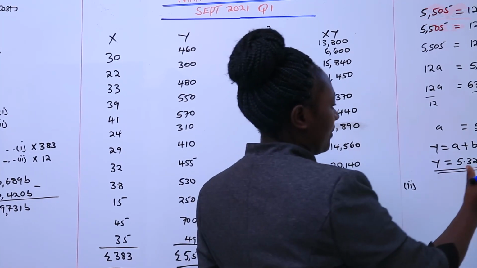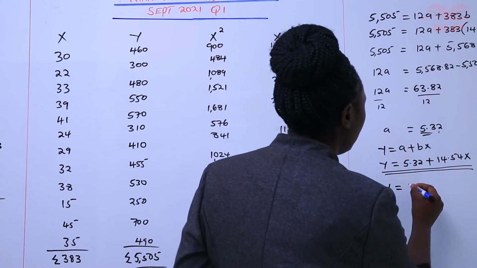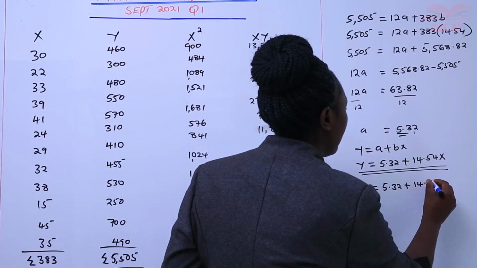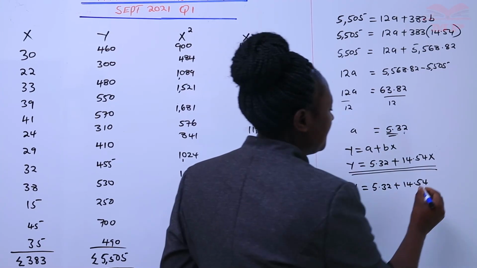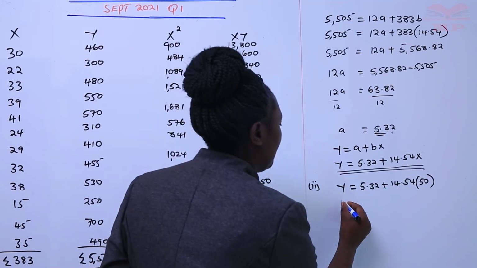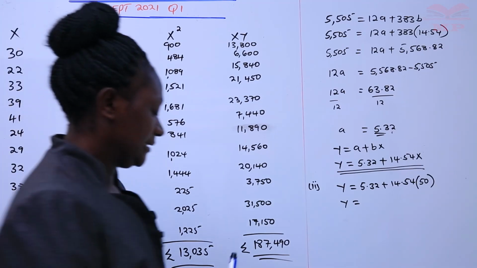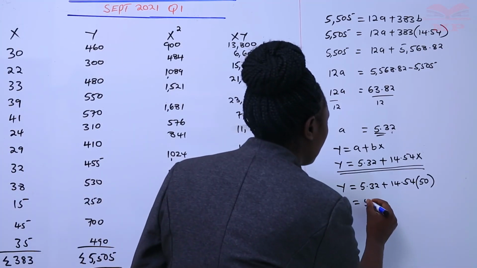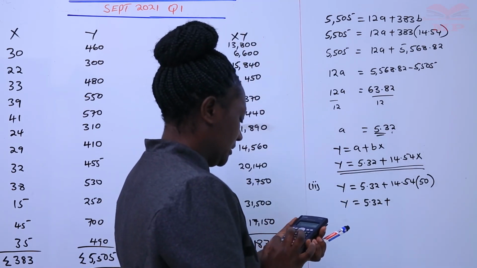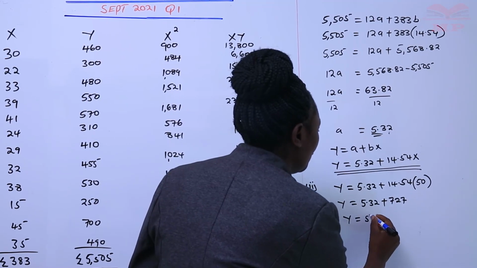So to do that, we are simply using this function that we've established, y equals 5.32 plus 14.54x. So if x is 50 units, we substitute that in that equation. And from here we can find the value of y. So when you calculate, we'll have 5.32 plus 14.54 multiplied by 50. So y will be equal to